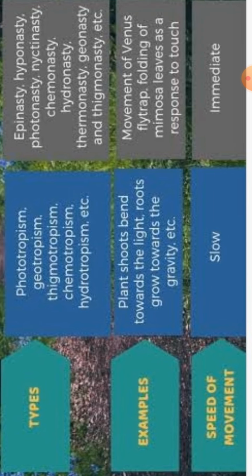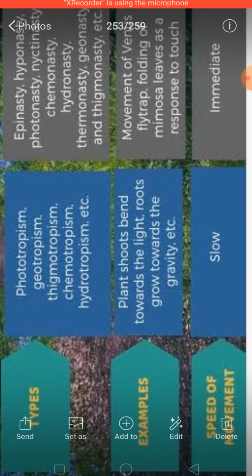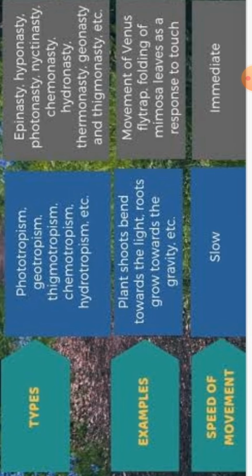So as you have seen, these nastic movements are thigmonastic, or you can call it seismonastic, that is, the movement occurs due to touch. ठीक है, जो insectivorous plants होते हैं, they trap the insect whenever insects come in contact with the tentacles which are present inside the flower. In the same way, in Mimosa pudica also, the leaves of that plant fold on touching.